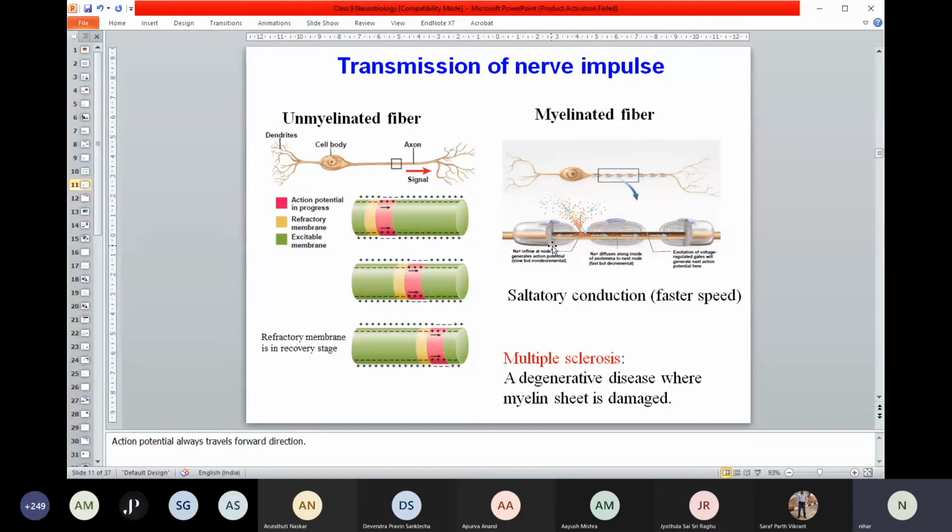So most of the peripheral nervous system has a thick myelin sheath. But in a disease like multiple sclerosis, if these myelin sheaths are not there, the nerve impulse will be very, very slow. So people might not be able to sense, or might have paralysis. You can understand that multiple sclerosis patients will not be able to move their hands or legs properly. They can't sense, because information from those neurons cannot reach the brain quickly. So that's one of the major problems that multiple sclerosis patients can exhibit.